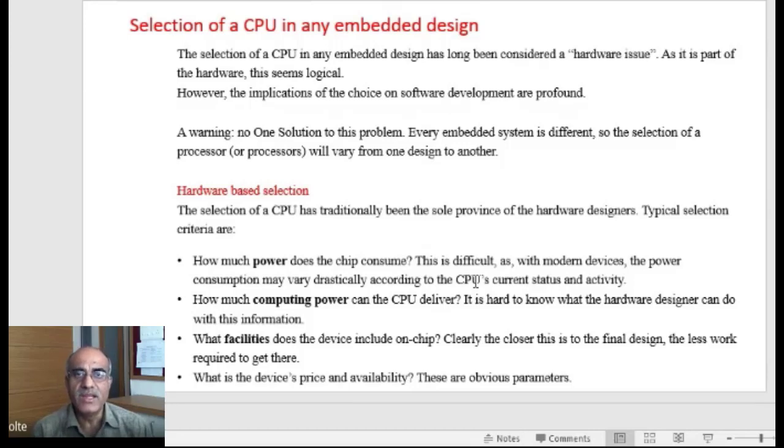Whenever we are designing any architecture, there are two different parts of this architecture. One is the software and second is the hardware. Now we are pre-assuming that we know the requirement, we know the specification, and we know the models also, and then we are trying to fix up the architecture. And when we are trying to fix up the architecture, the first part is the hardware part and the second is